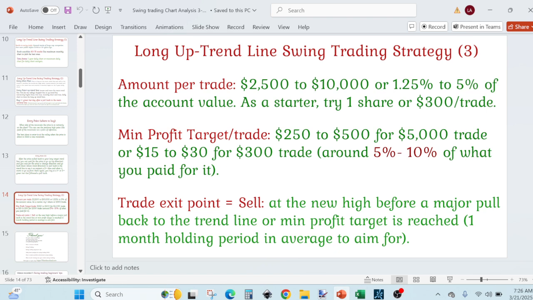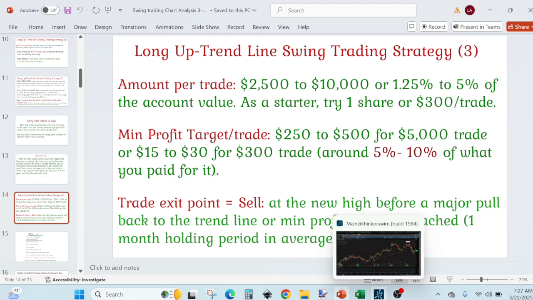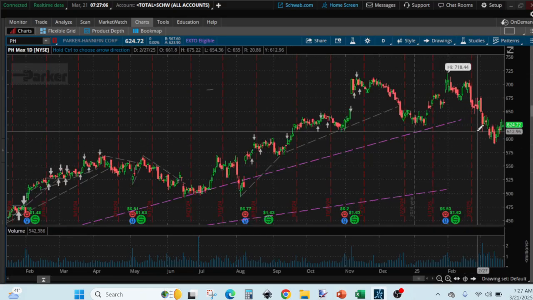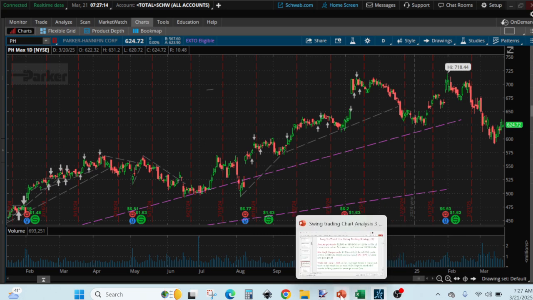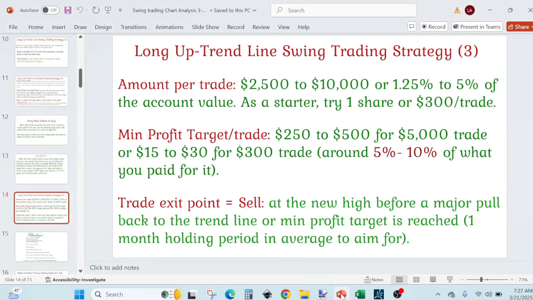And swing trading large caps as a beginner swing trader allows you to have time to take action without the stock fluctuating quickly on you, and you are not going to lose a lot of money very quickly. You are not going to make a lot of money very quickly either. They are stable companies, but after you are very good with them, then you can try to have a watch list of mid cap stocks, a watch list of small cap stocks,